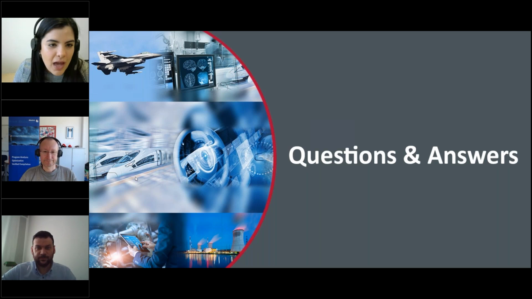Third question here. How do you determine if any third-party library does not have errors? This question was particularly made during Daniel's presentation, so I'm going to let him answer it. So there are two ways you can deal with this. If the third-party library is available as source code, you can just analyze it, and then it's transparent to the analysis. If it's not available in source code, then it's still possible to mimic the behavior of this external library by providing some stubs. But then, of course, the behavior of the library has to be independently verified. But if you have it in source code, it can be just analyzed like the rest of the code.